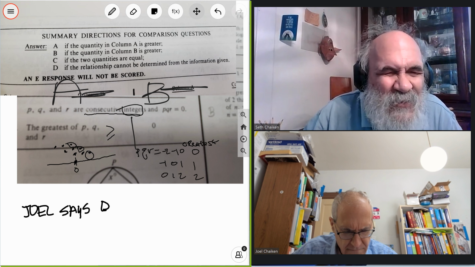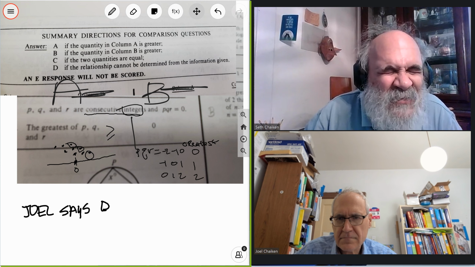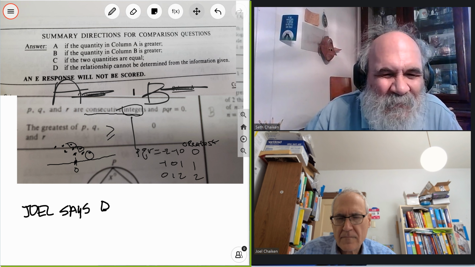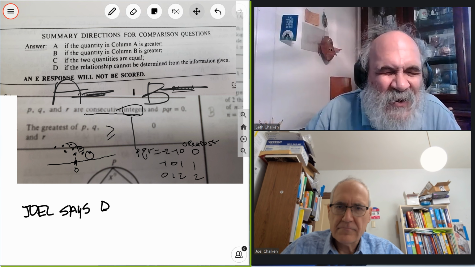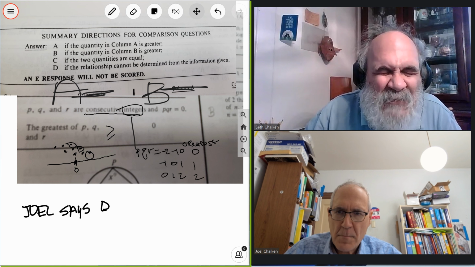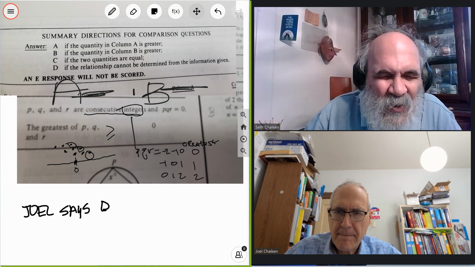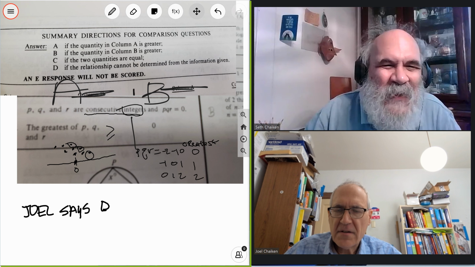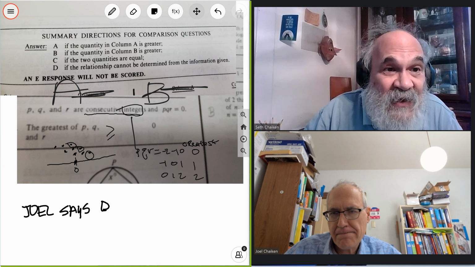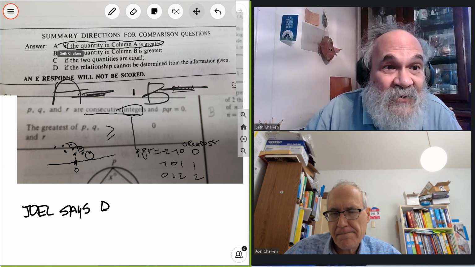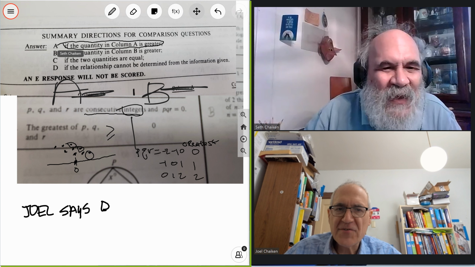This quantity depends on P, Q, and R. It's not a single number, not well determined. And whatever number it is, it's greater than or equal to 0. And if they gave us a choice, column A is greater, which isn't always true. Right. Yeah. I looked at it and certainly